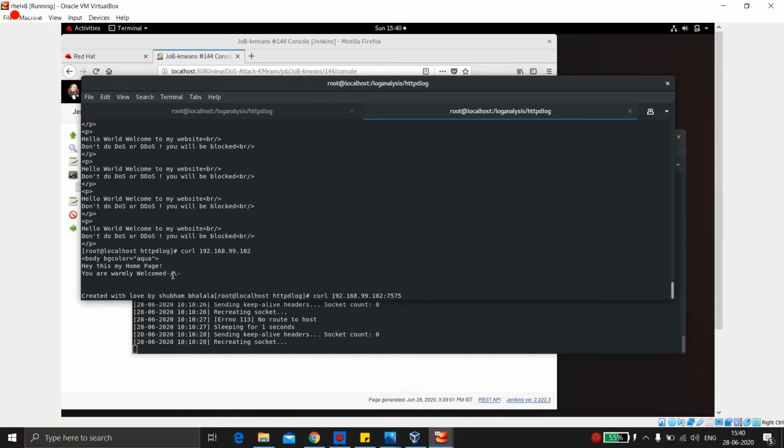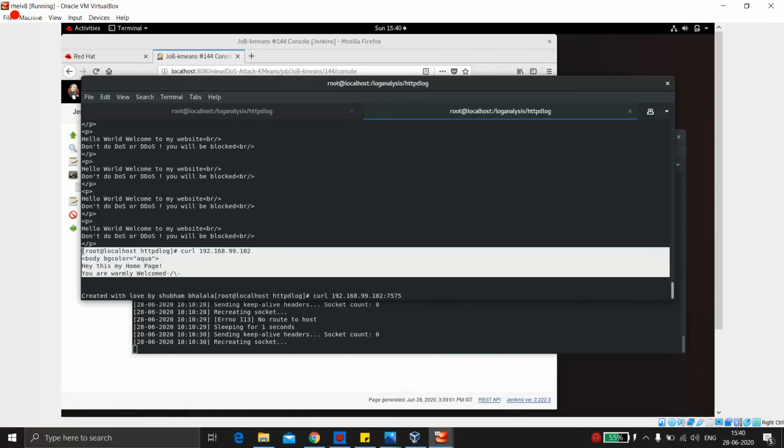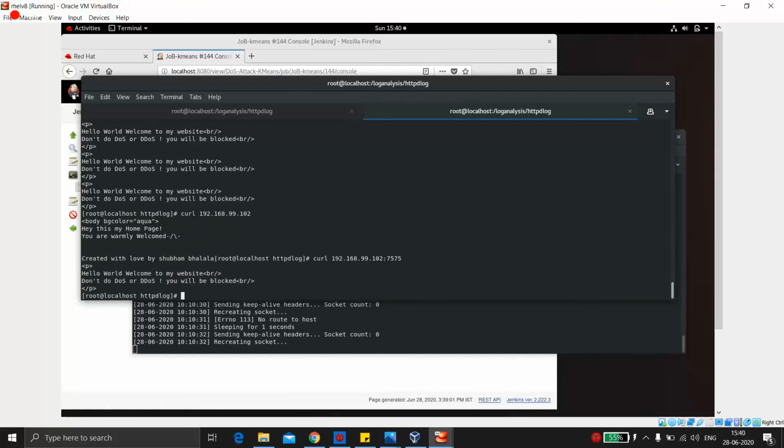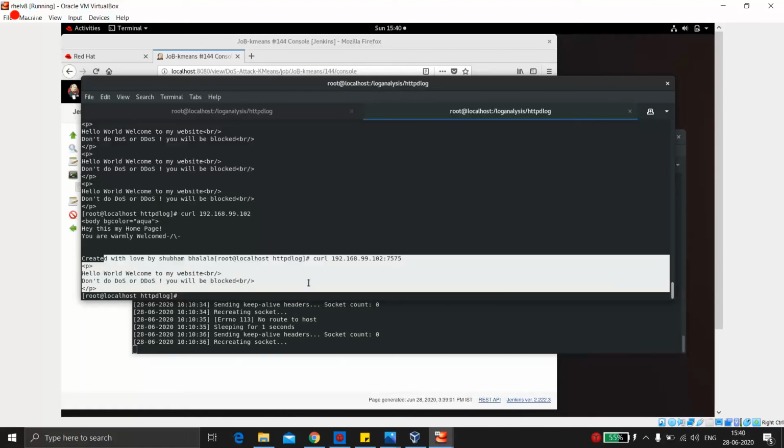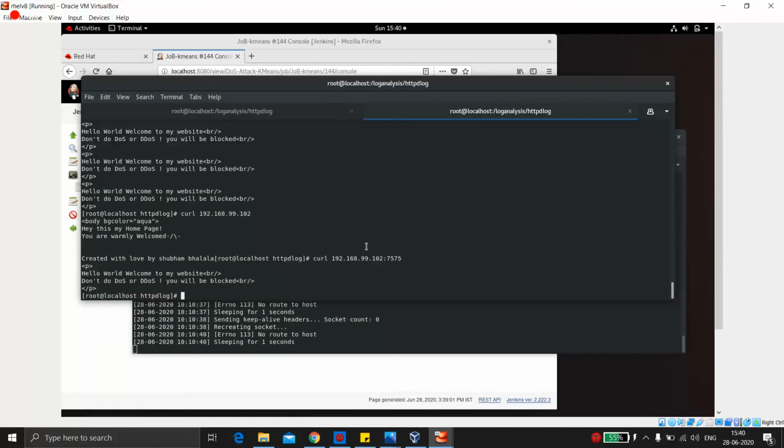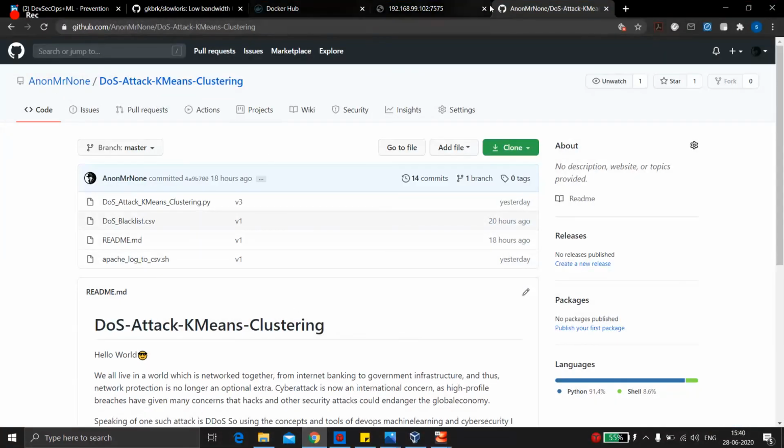Basically this is the web page which is running on my local server. So now you will see this output. You can see this user is not blocked, because this was not doing a DOS attack, because we have set the limit to 500. This user has only made 200 requests. You can even check it from here, the same link. If you refresh, you will get the same.